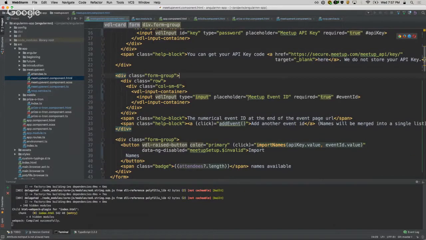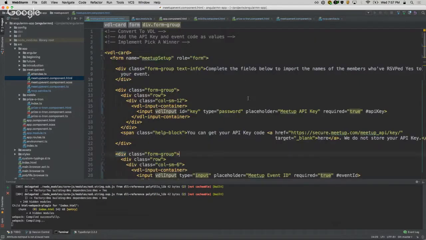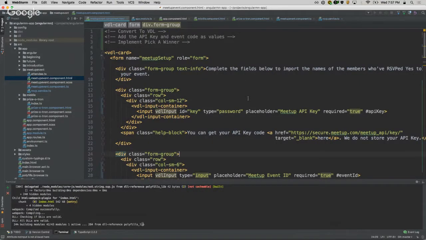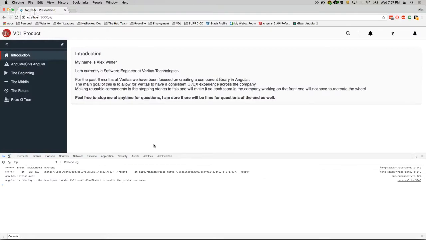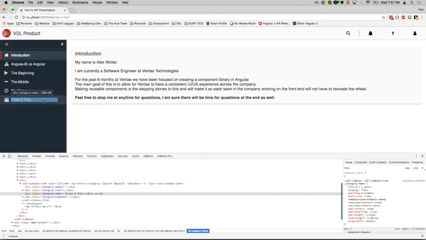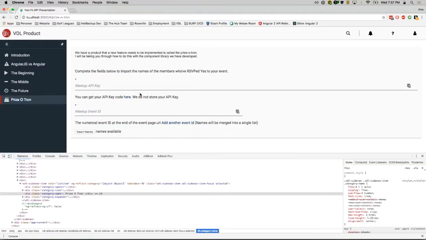So we have those two things that we switched over. If we save that now, hopefully it renders properly. We should see a pretty different look after we do that. So let's go to Piezo-tron. So you notice that changed quite a bit, right? So the meetup, so this is what Veritas's